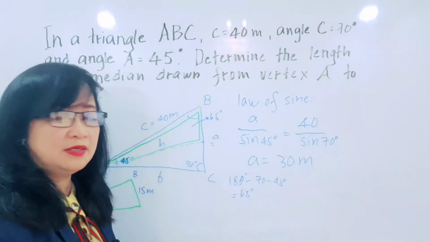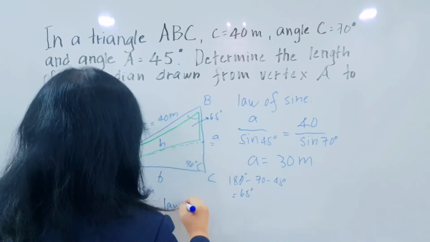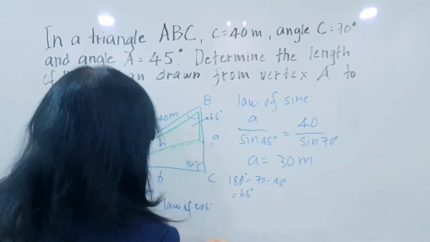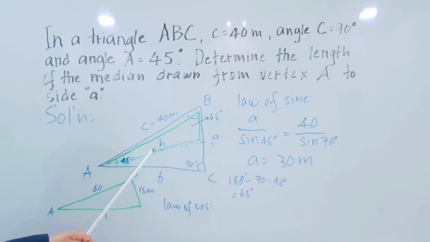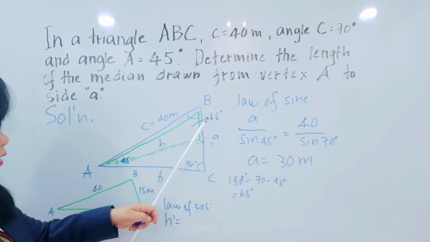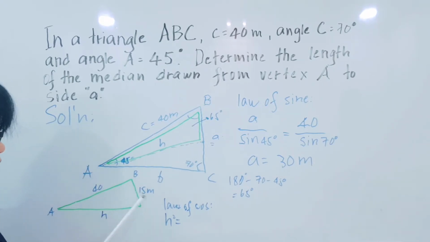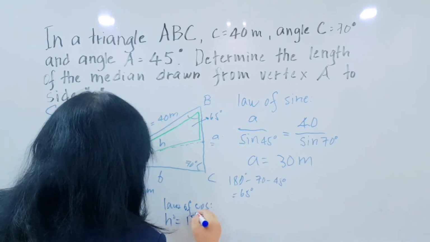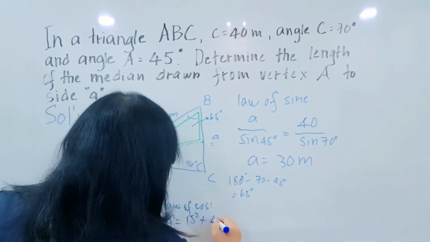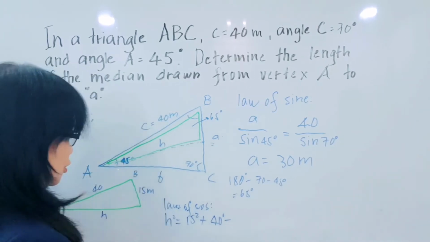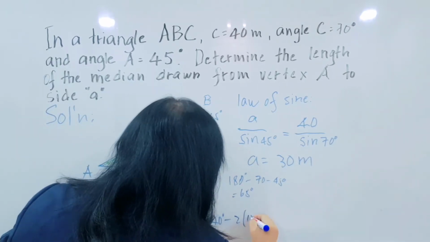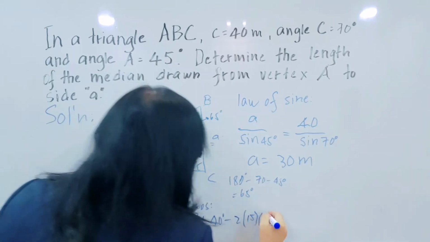So, now here we can use the law of cosine, which states that we can have this side H squared is equal to this side, which is 15, this is the 15 squared, plus this side, which is 40, so 40 squared, minus 2 times this side, 15, by this side, which is 40,